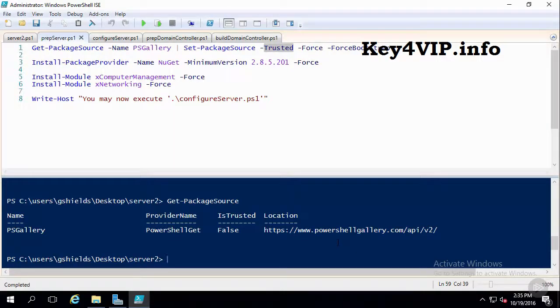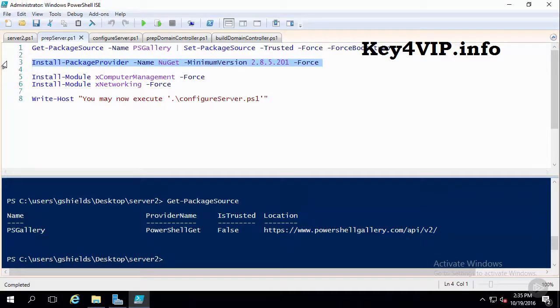The one we're attaching to, which is available by default, is the PowerShellGallery.com location right here. And the API we're pointing towards will contain all the necessary information we need to gather and install all the modules from this remote location. Once we've set this package source here to trusted, we then also need to install just a little update